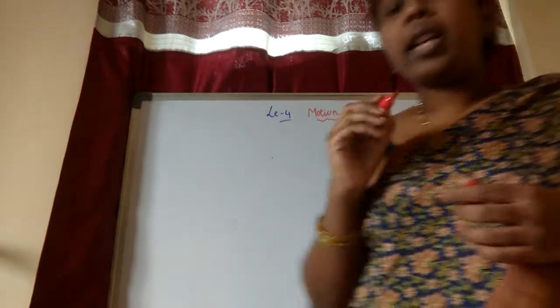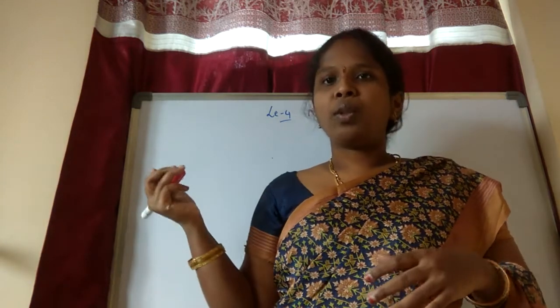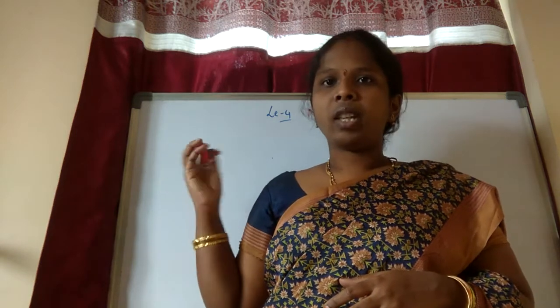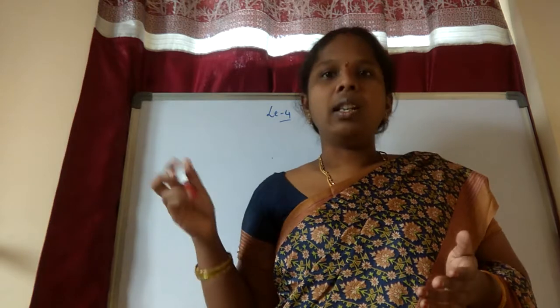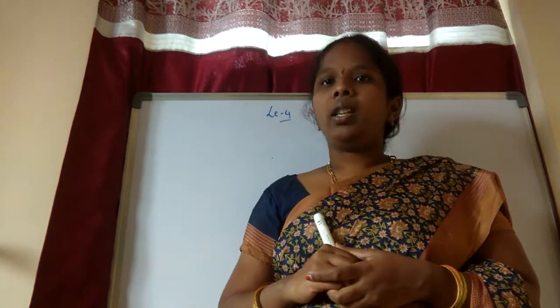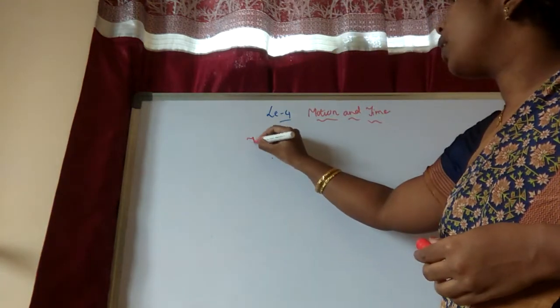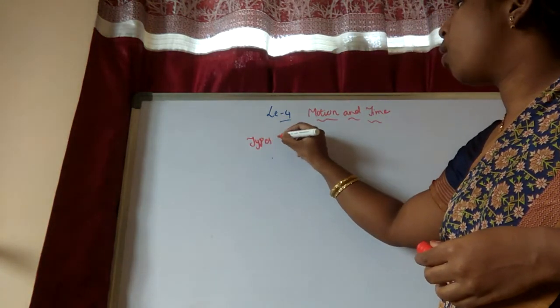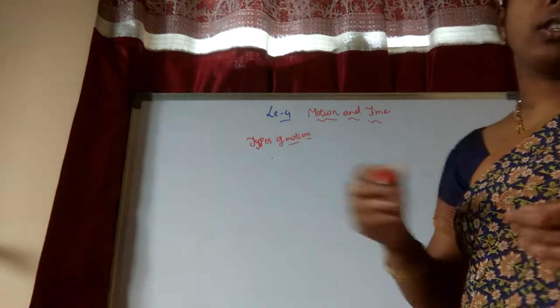So motion and time. Everyone knows very well, no? From 3 to 4 days onwards we are saying the same. So motion means what? And rest. So motion, rest, that we have. Time we will learn. Yesterday and the day before yesterday, what did we learn? The types of motions we heard. So how many types of motions are there? There are 3 types of motions.